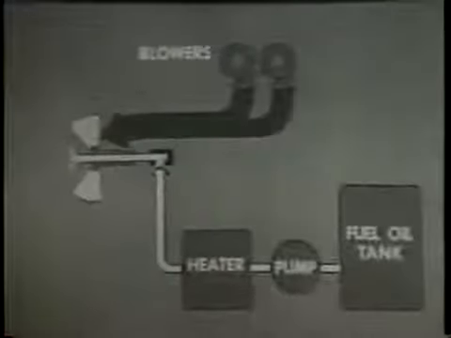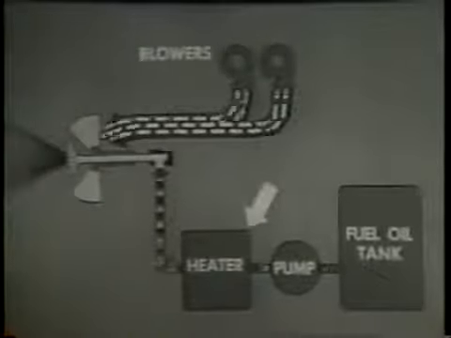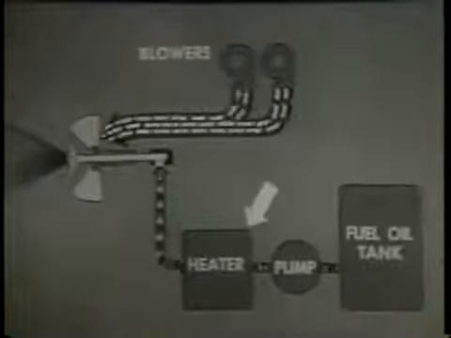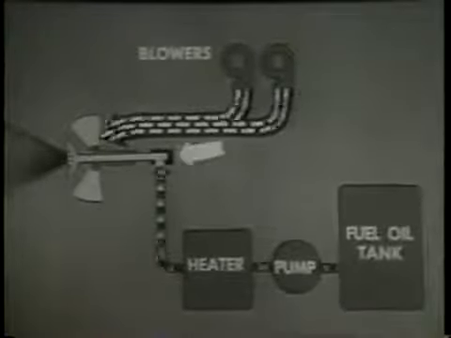The forced draft blowers send a strong blast of air to the burner. The fuel oil pump sends the oil through the heater where the oil is heated to give it good flow qualities. Then the oil is pumped to the burner. This simplified cutaway of the burner shows how the fuel oil is forced through the burner barrel to the atomizer